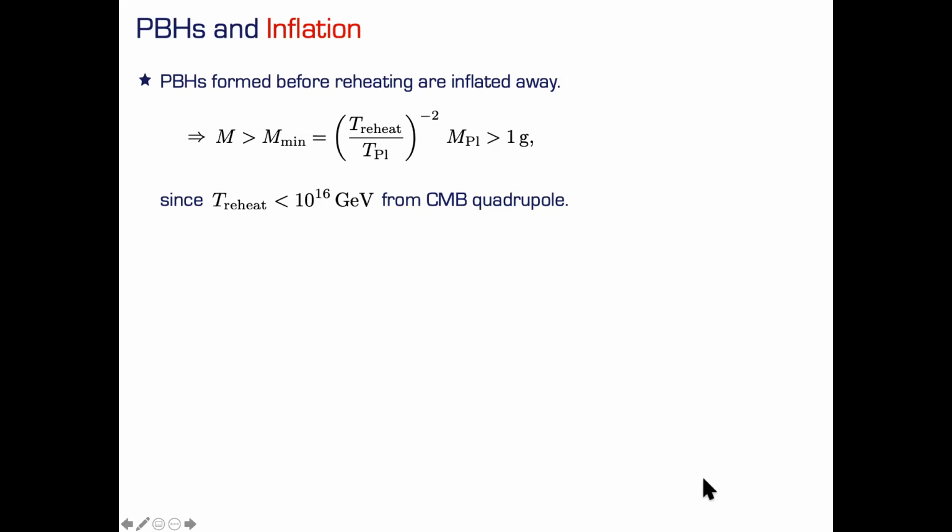Yeah, and so that of course depends on the reheating temperature, and we know the reheating temperature has to be smaller than roughly 10^16 GeV. And then there's a formula for looking at the minimum horizon mass that we could get, and that is roughly a measure for the minimum mass of the black hole. That's probably around 1 gram. Of course, there's this critical collapse, there's a spectrum, but roughly 1 gram would be the lowest mass you could get with these black holes.